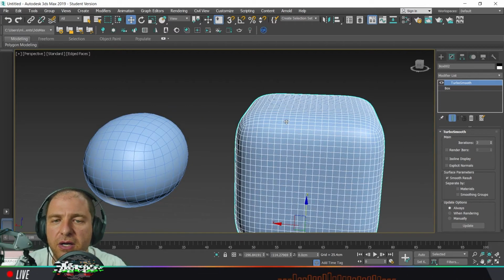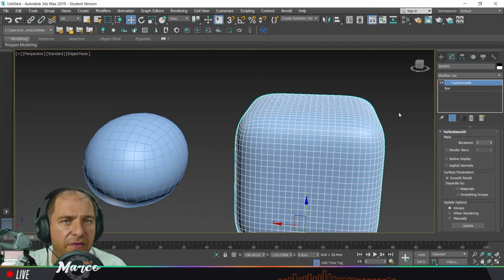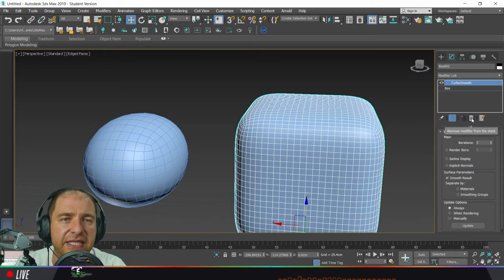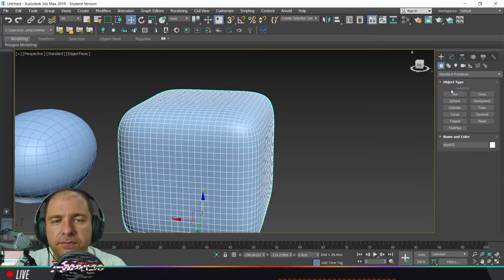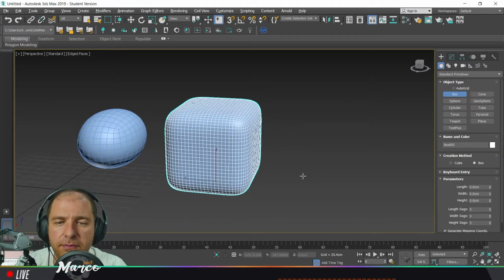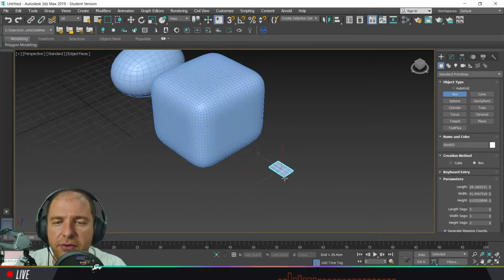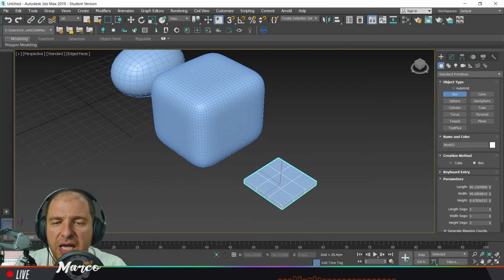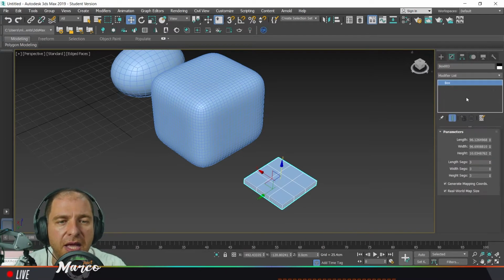This is important because TURBOSMOOTH at the very beginning may seem like a modifier with unpredictable results, but if we know that we can control it by knowing the angle in between polygons, we can instead have the exact result that we want. So for example, and then we will jump to another object, if I make this box